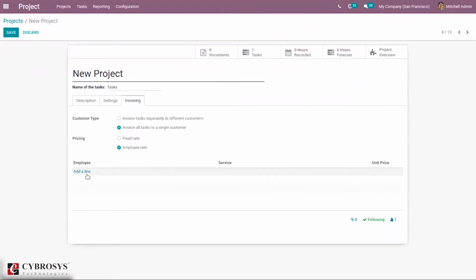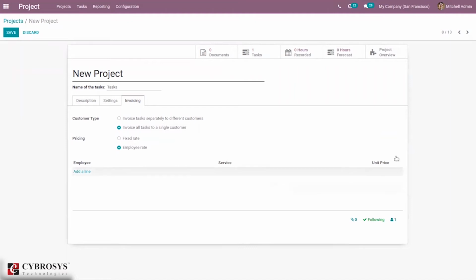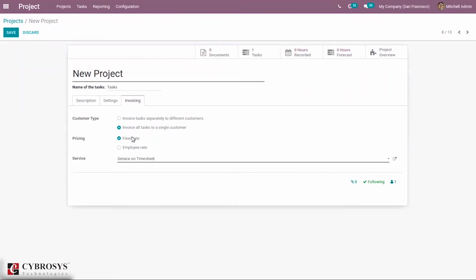When you choose this option, we can add employee lines with the service provided by the employee. It defines to which sales order item an employee timesheet entry would be linked, and the rate at which the employee's time on the project is billed. So you can add the service and unit price, that is the service done by the employee and the unit price.